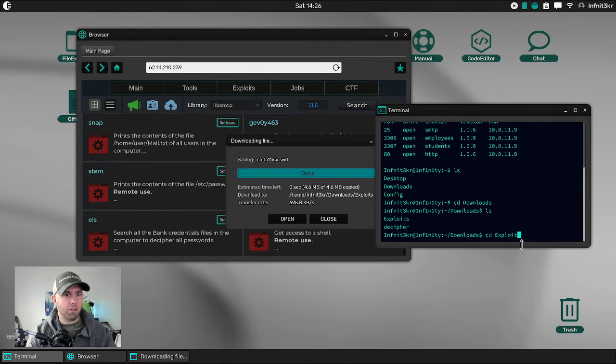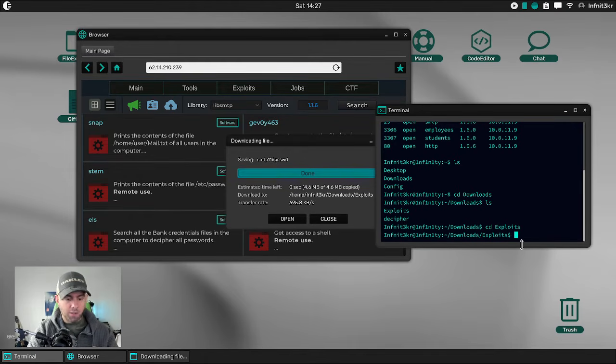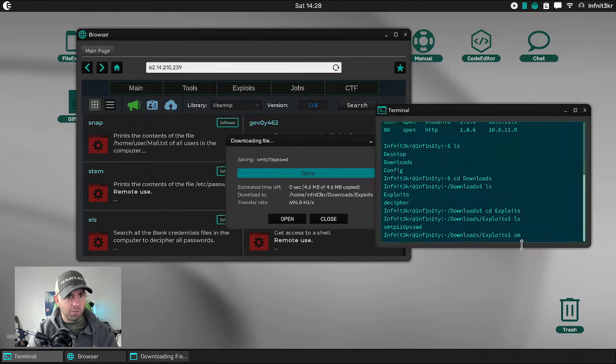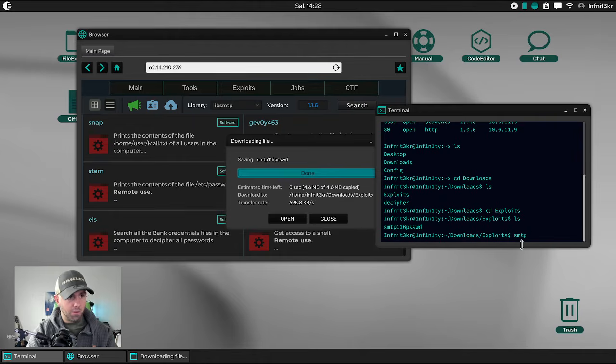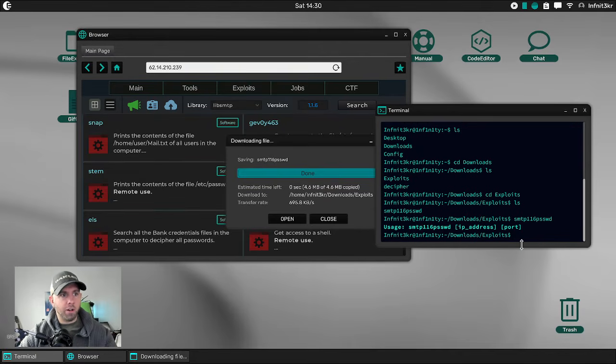See, this change directory. You see, didn't text that one. And we got SMTP 6PS. Now, if you don't know how to run it, we're just going to use it like this and hit enter, and now it's going to tell us the usage. So it wants us to type in the program name, the IP address, and then the port number we're going to run it on. So we're going to do SMTP 116